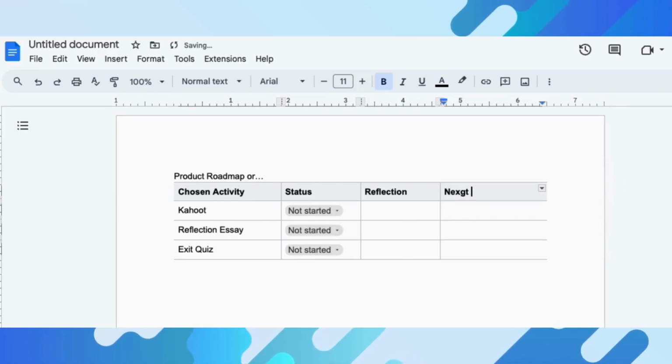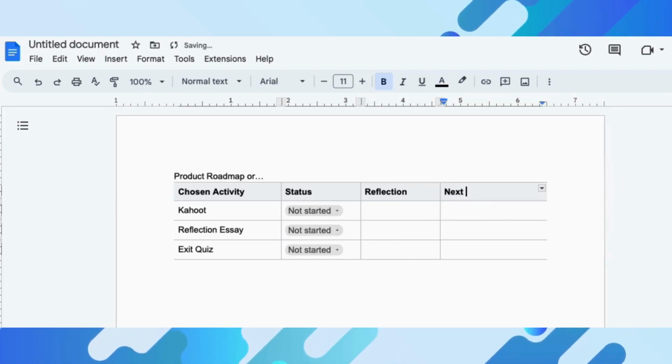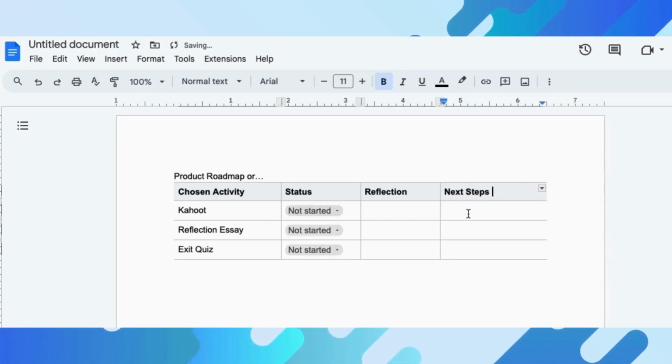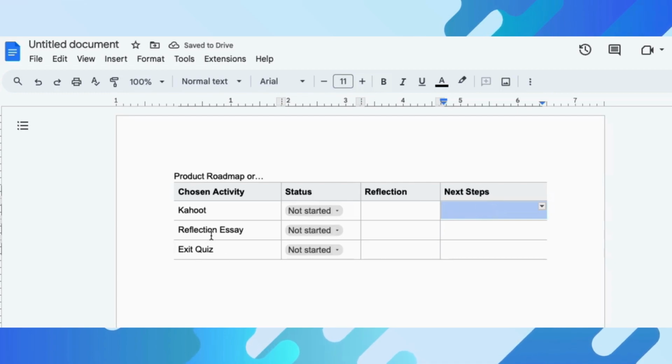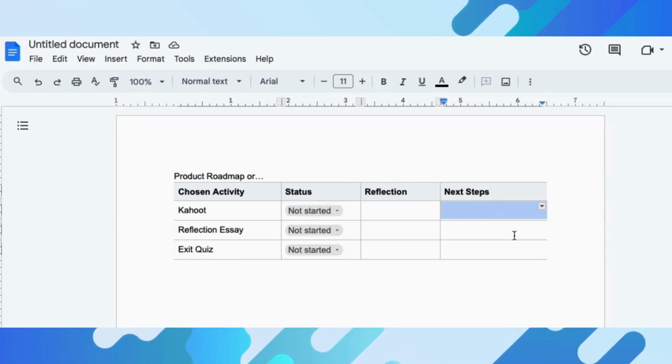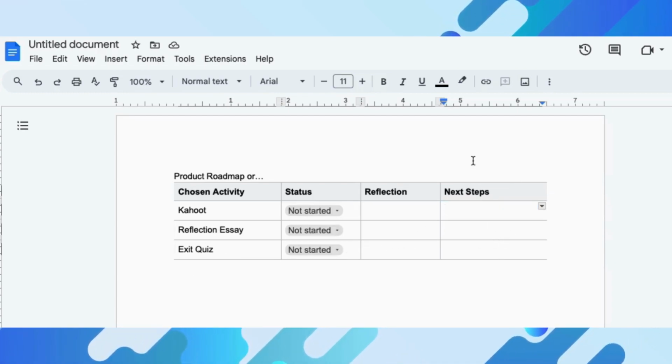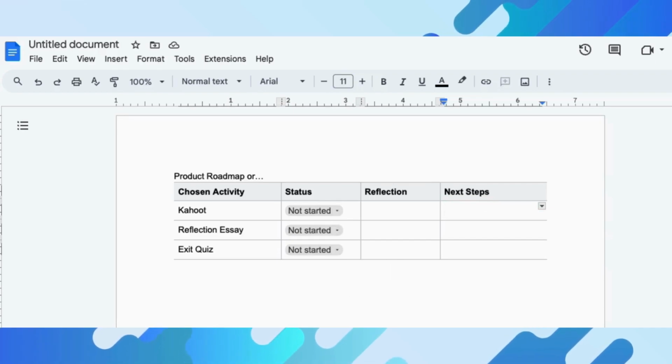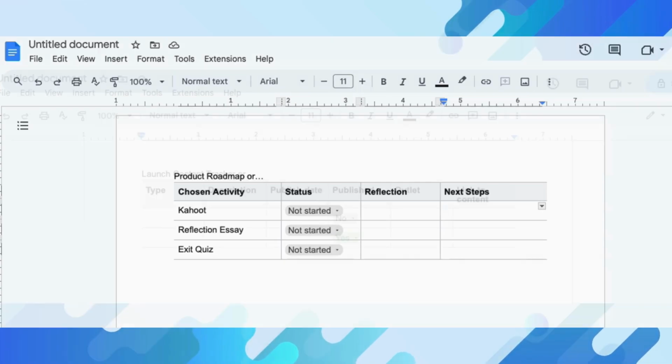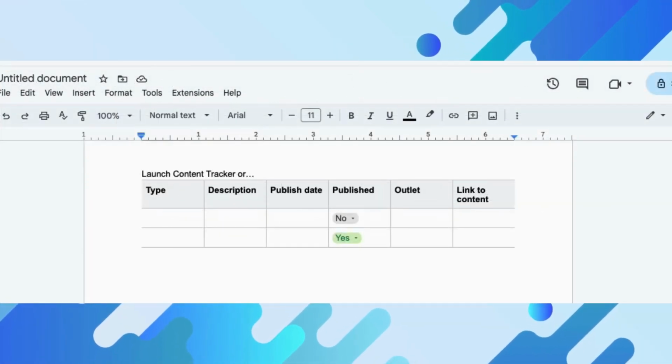And then next steps. This could offer up opportunities for students to say simply like, I finished the Kahoot, now I'm going to work on the reflection essay, or something like that. So it just helps them in their planning as far as working through the different activities that you might have assigned for them. Tracker building block is the best one,